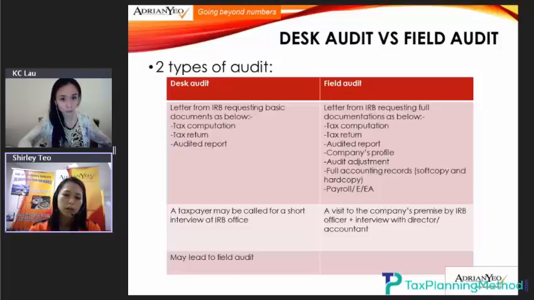Also the payroll EA forms. They will request a list of documentation to be provided to the office. Thereafter, they will make a physical visit to your premises with an interview of the director and accountant. Then you know that you are in a field audit. Okay, let's go through the field audit process. If you are getting this letter